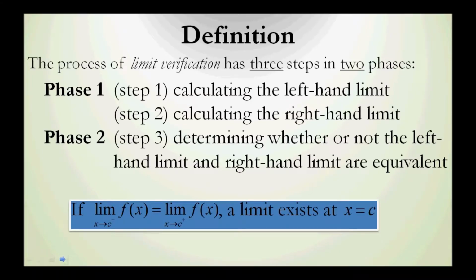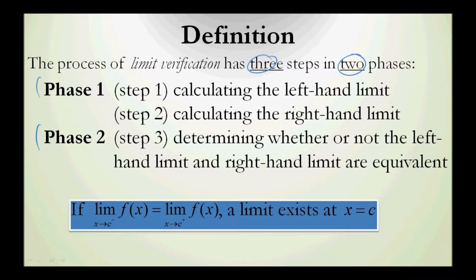Verifying limits. The process of limit verification has 3 steps in 2 major phases. So phase 1 includes 2 steps. Step 1 is to calculate the left-hand limit. Step 2 is to calculate the right-hand limit. Then in phase 2, there's 1 step, and it's determining whether or not the left-hand limit and right-hand limit are